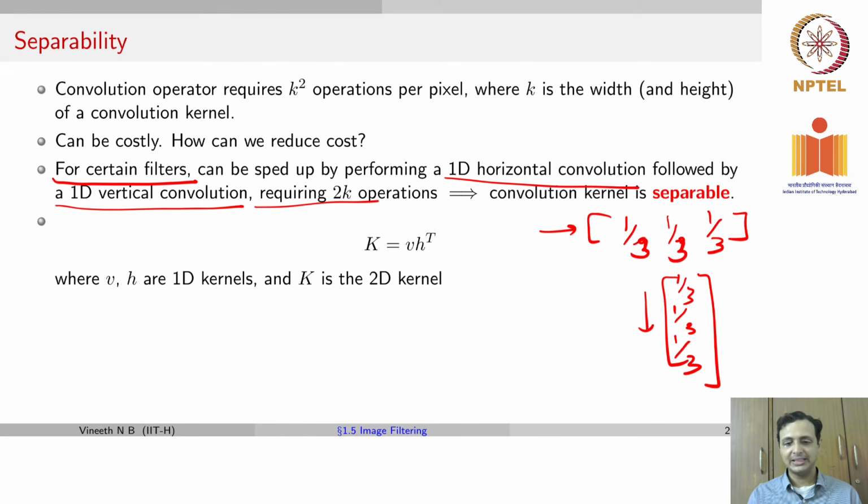One point to add here is, you did see these kernels here to be 1 by 3, 1 by 3, 1 by 3, or in a box filter 1 by 9 everywhere around. Remember, when you have filters such as this, your double flipping really does not matter, because the matrix or the filter in this particular case is exactly the same everywhere. In such a case, convolution and correlation will give you exactly the same output.